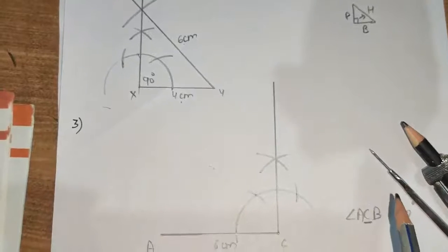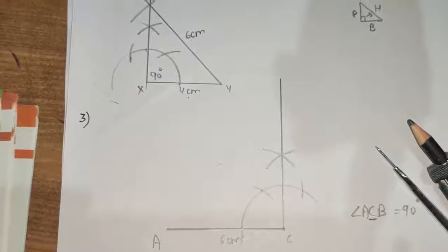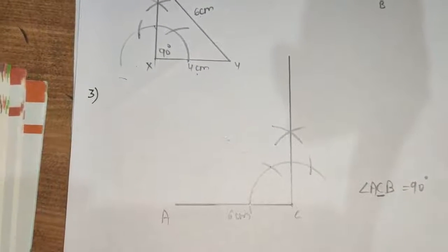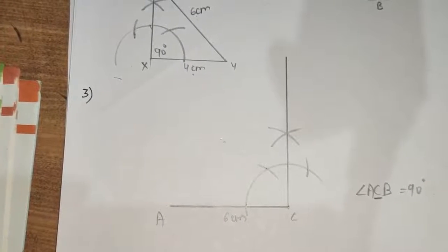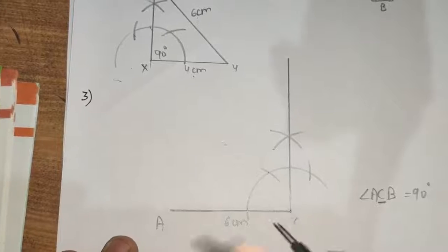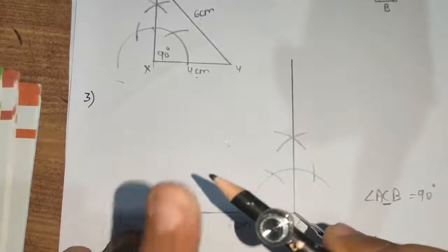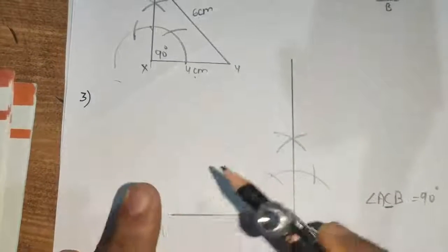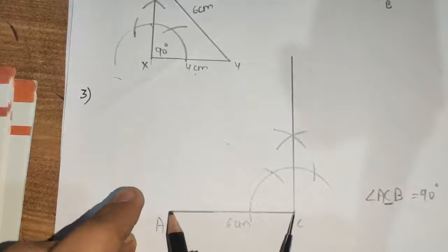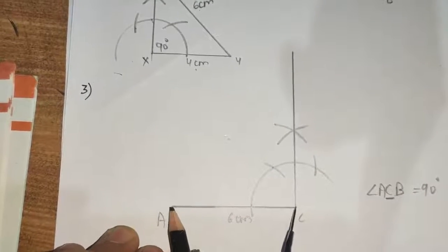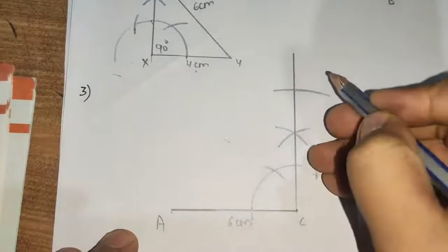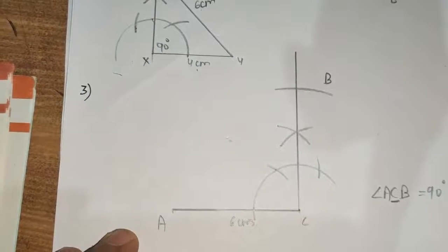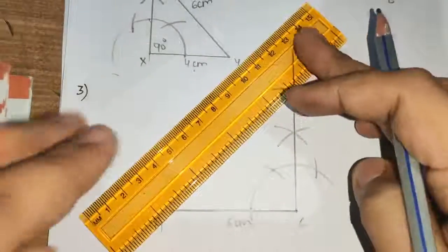Then you know that hypotenuse is the longest side of the triangle, so it can't be equal. So AC is equal to BC. So here AC 6 centimeter we will take, and this 6 centimeter we have taken in compass, and we will mark an arc on this line. This is B. Then we will join this A to B.